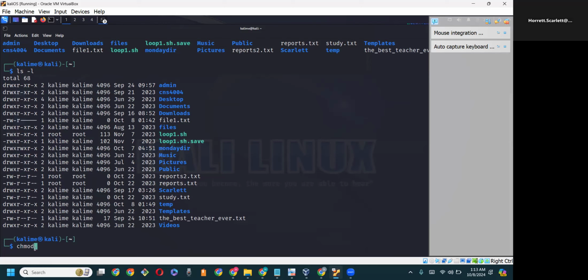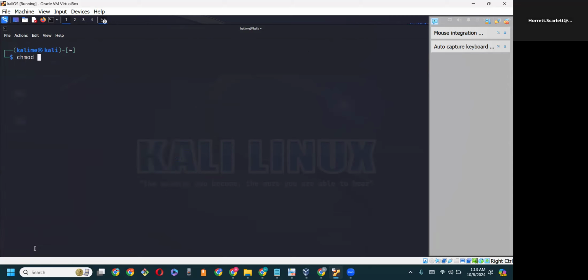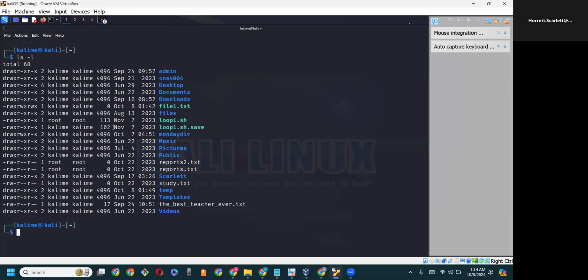So chmod, well, let me clear first. So chmod, well, let's just modify everything. I'm going to use 777. And we need to indicate the file. So it's file1.txt. And let's now clear and have a look at what that does. So ls -l